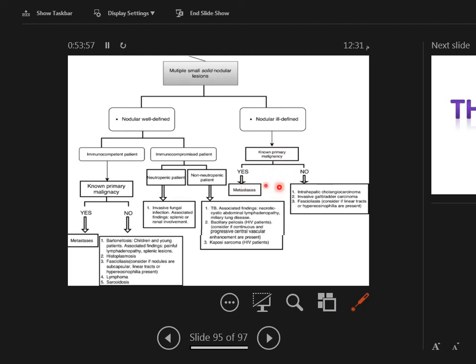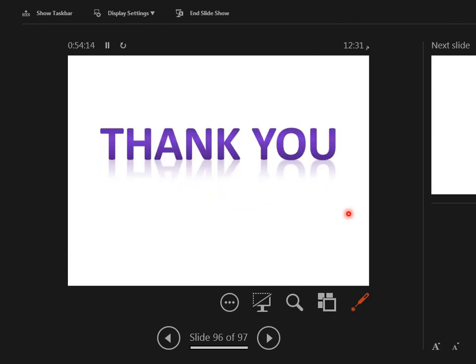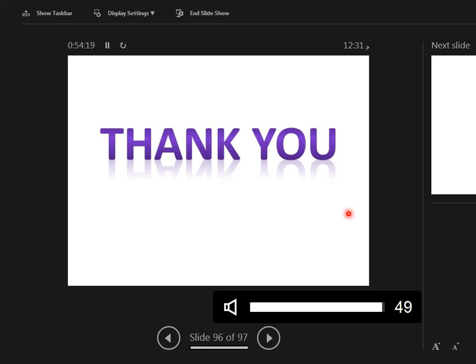If yes, metastasis. If no primary, we have intrahepatic cholangiocarcinoma, invasive gallbladder carcinoma, and fasciitis considered if linear tracts or hypereosinophilia are present. This is a really nice and difficult